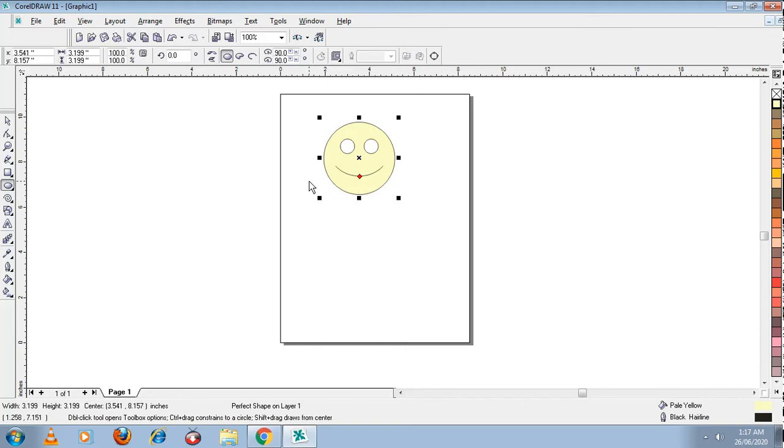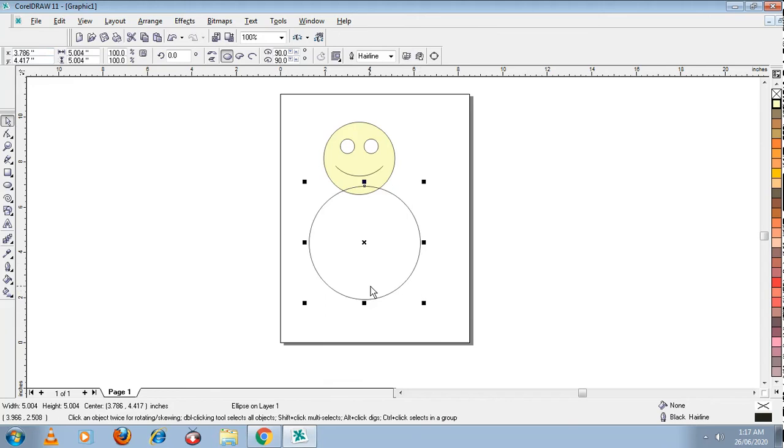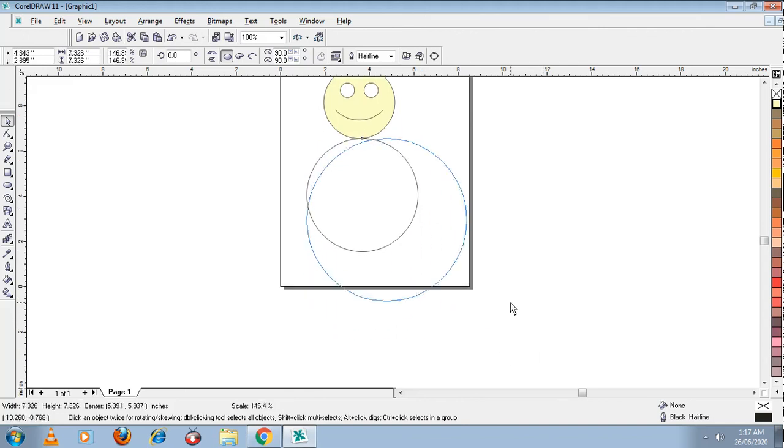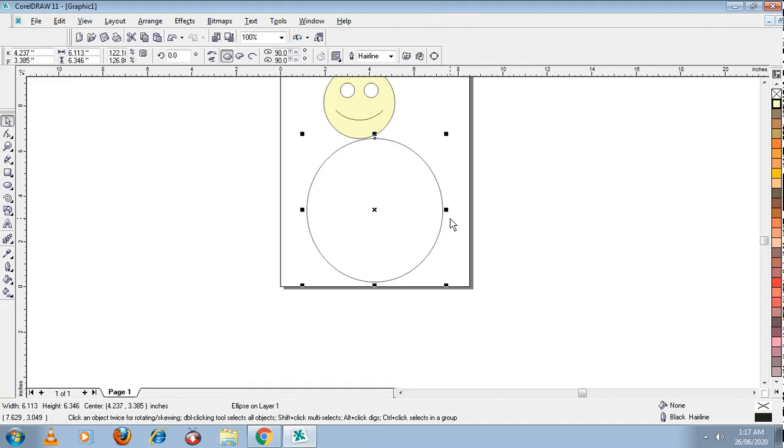Just try to decide. Let me draw a circle here. I want a perfect circle now. Okay, with the control button I'm drawing it. See now, with the arrow tool I'm just dragging it down to adjust the size of it. You may change the size of this object. How to change the size? Just observe this. I have selected with the pick tool. To change the size, you can make use of these outline border points which they have given, which will help you to change the size of the object as well as to change the shape also. See this way. Understood?